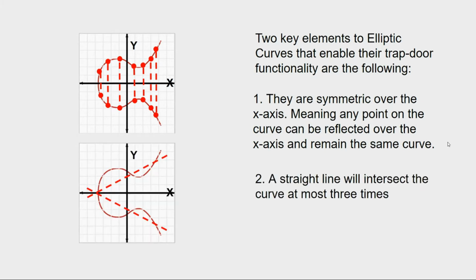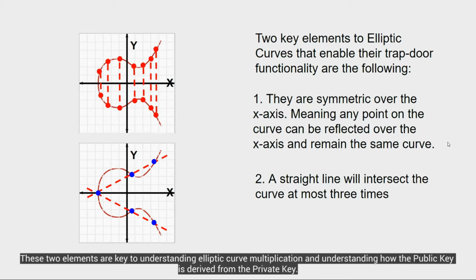Number two, a straight line will intersect the curve at most 1, 2, 3 times. These two elements are key to understanding elliptic curve multiplication and understanding how the public key is derived from the